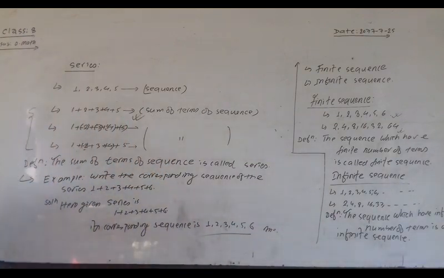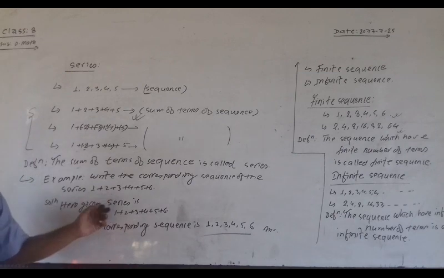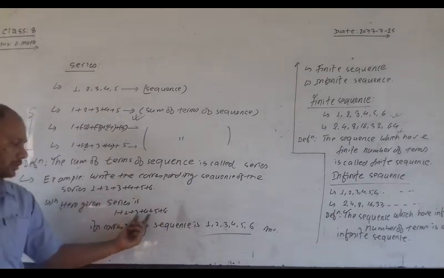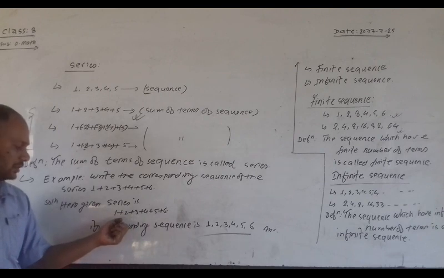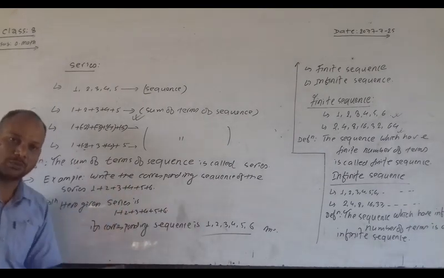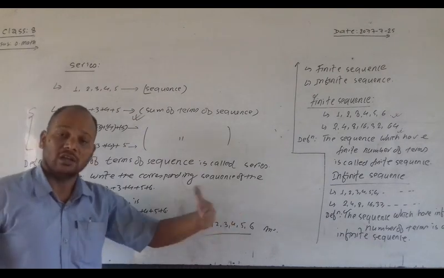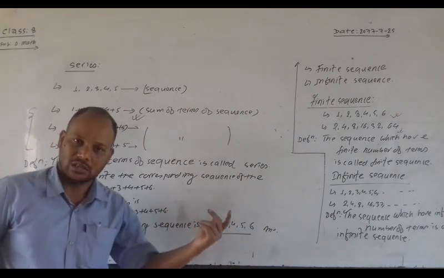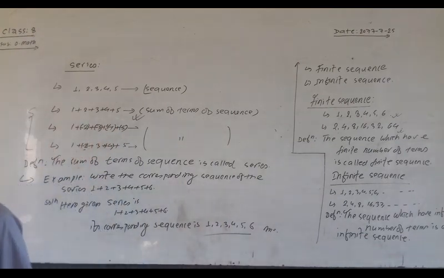My dear students, you know how we write the answer of this type of question. Here we have a series. You know what is series? The sum of the terms of the sequence. When we remove the sum and separate the terms by commas, it gives a sequence. And when we remove the commas and connect by plus, it is called series. We have already completed the definition of sequence, series, and also the types of sequence.